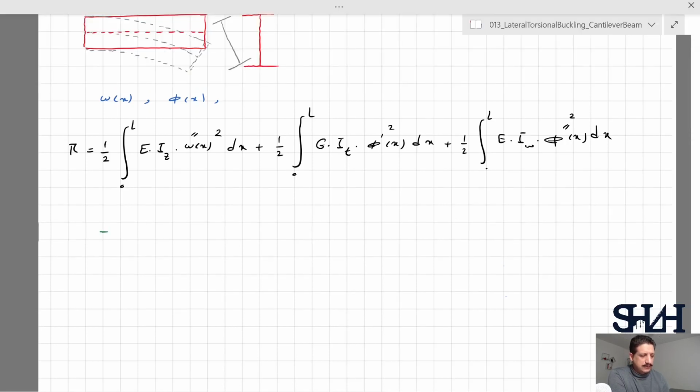It's negative because it's loss of energy, and integration from 0 to L of m about y times p prime times omega prime dx. Stored energy due to bending about weak axis, stored energy due to torsion, stored energy due to warping, and loss of energy due to the effect of moment about y-axis. There is one more that we need to consider